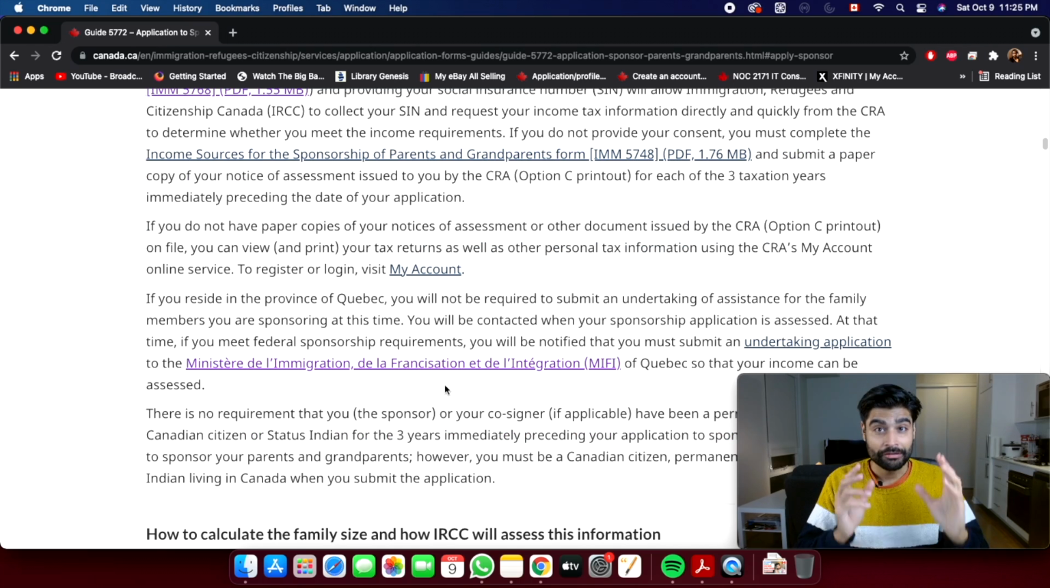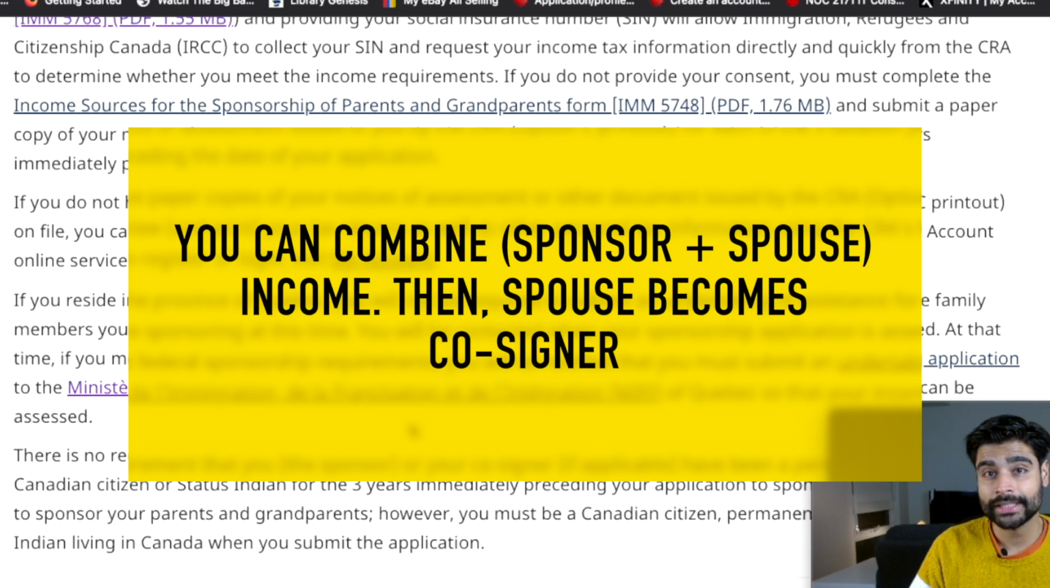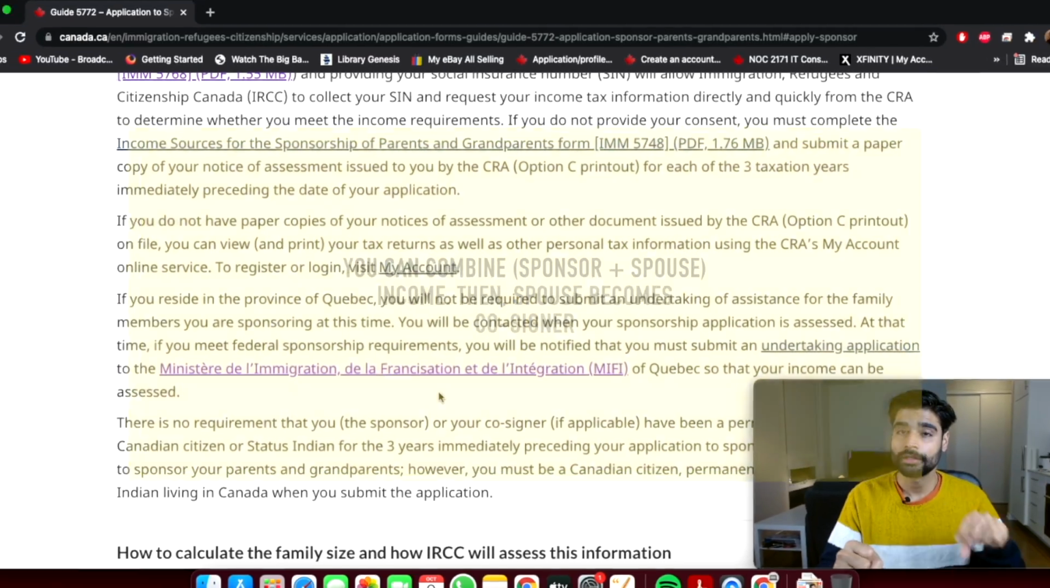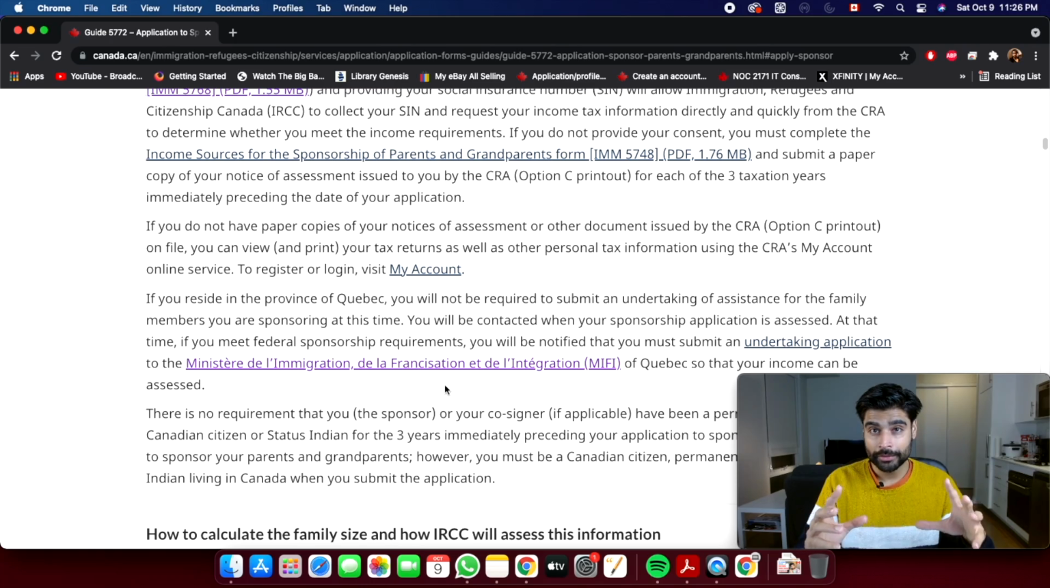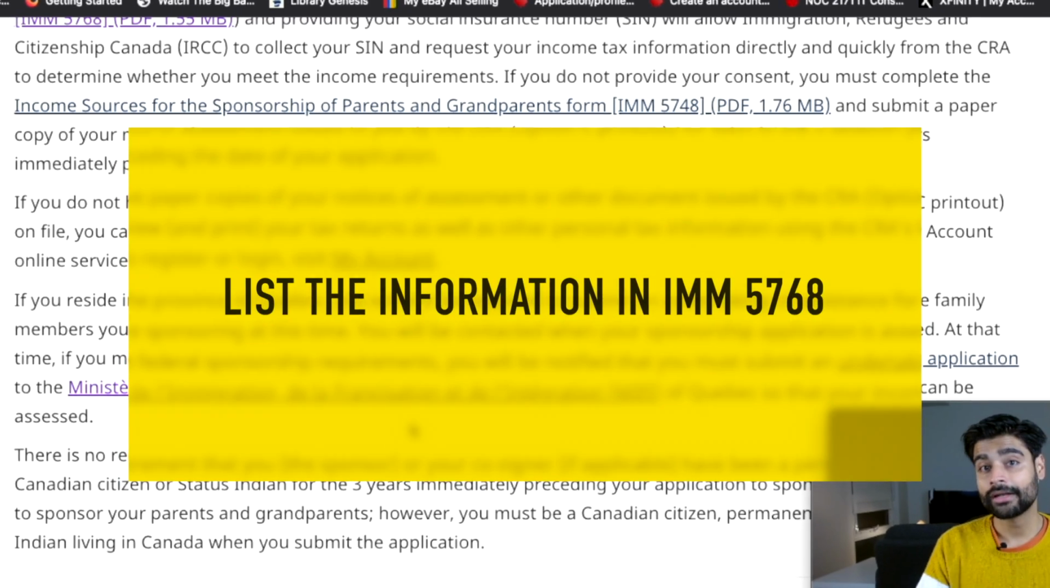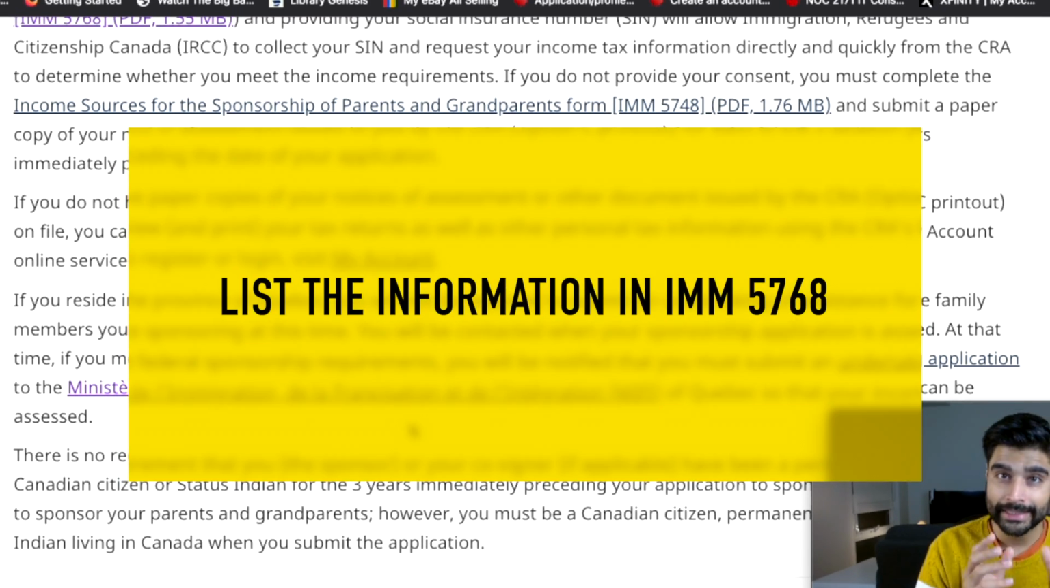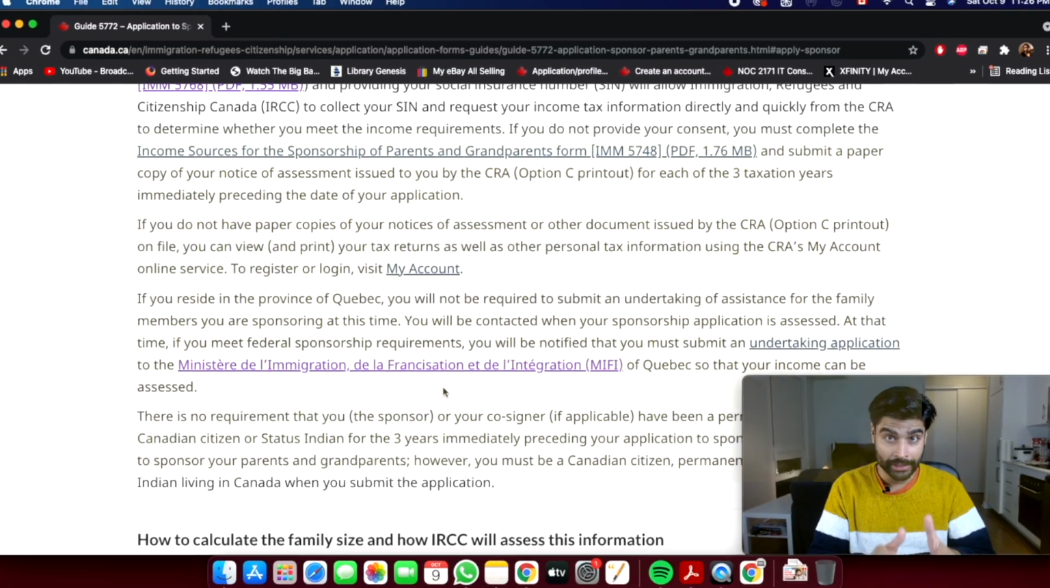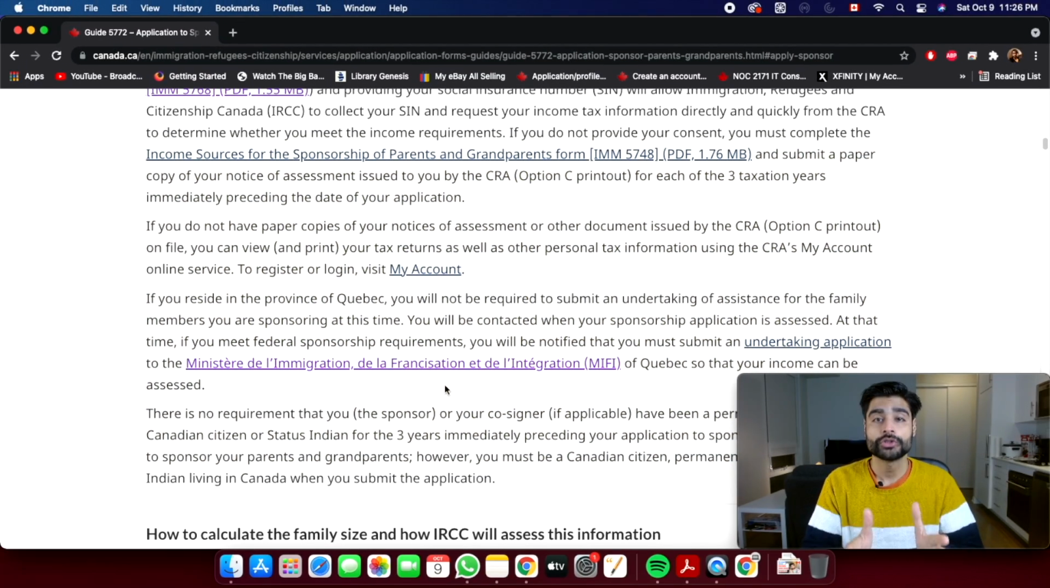Number two, if your income is not enough, you can actually combine your spouse's income with your income and see if that meets the criteria. In that case, your spouse will become the co-signer of your application. Number three, once you have all the income information in place, you will put that information in Form 5768. I'm going to make another video on Form 5768. So you list your SIN number so that the IRCC can actually request CRA, the Canadian Revenue Agency, to get